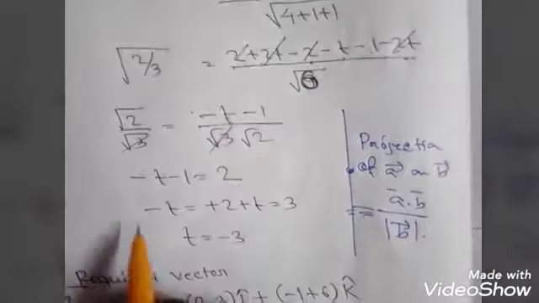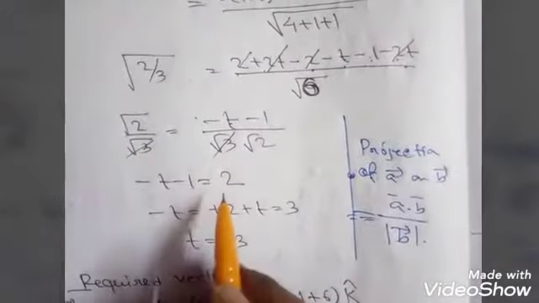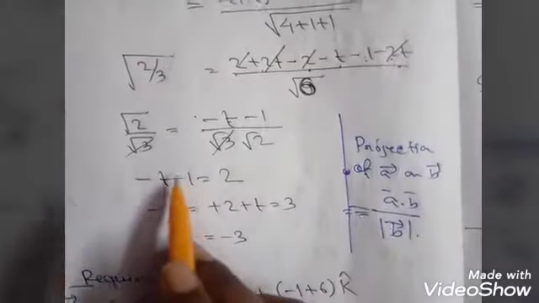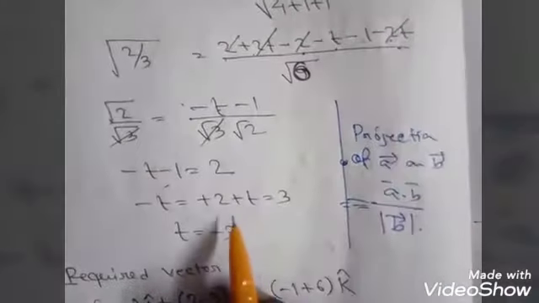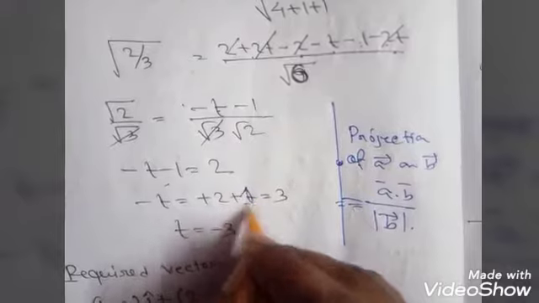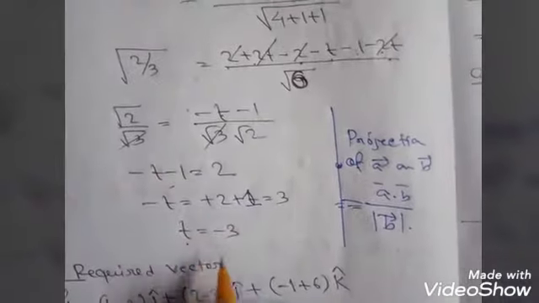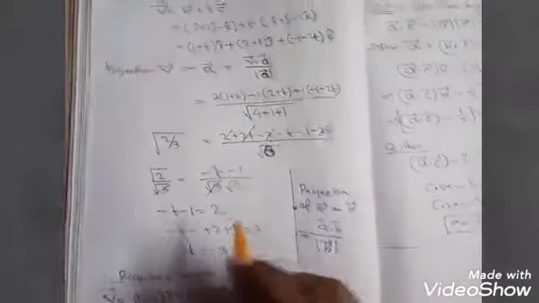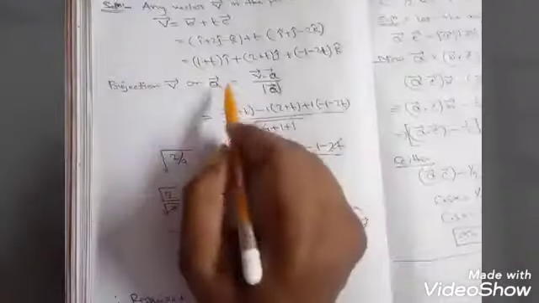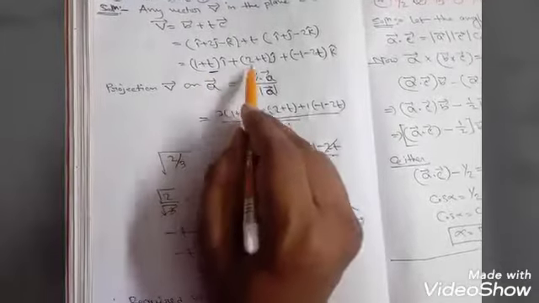So minus t minus 1 equal to root 2 into root 2, we know that is 2. So if we bring minus 1 to the right hand side, so minus t equal to plus 2 plus 1, so plus 3. So t equal to minus 3. Now if we put this value t equal to minus 3 in place of t here,